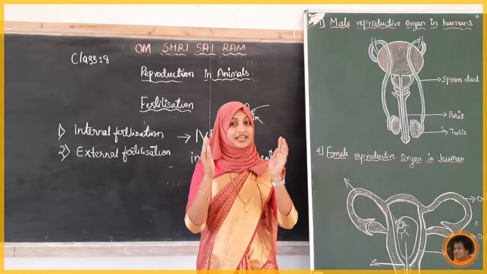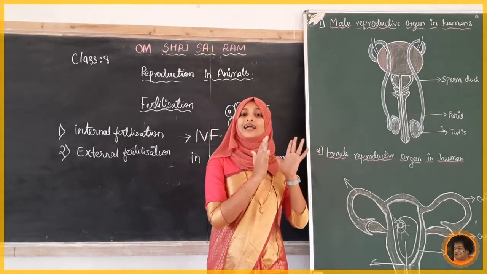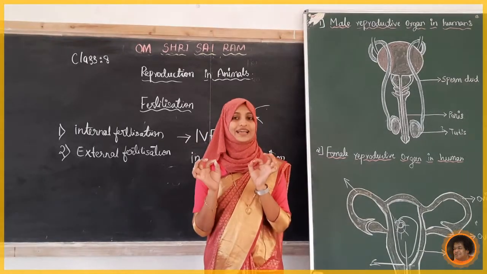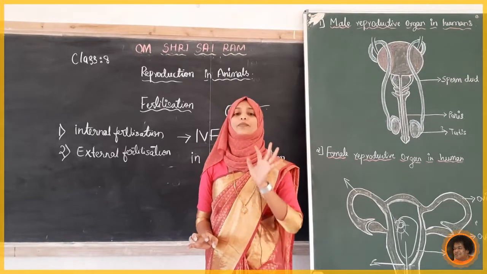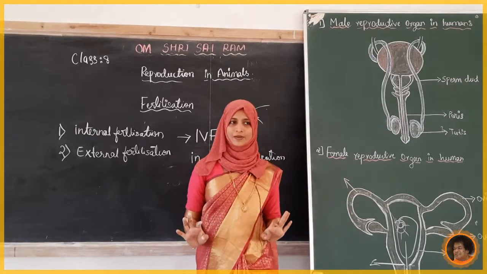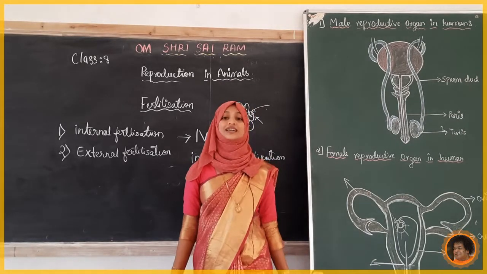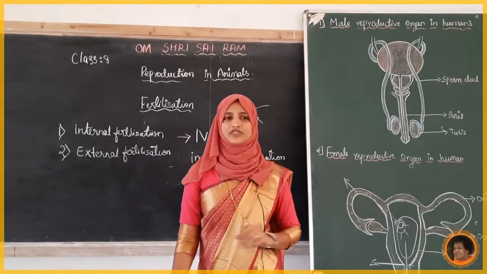See, the hen is also an example of internal fertilization itself. In a hen, the eggs are fertilized inside the body, that is, in the oviduct itself. We will see what the differences are between human and egg. Soon after the fertilization,